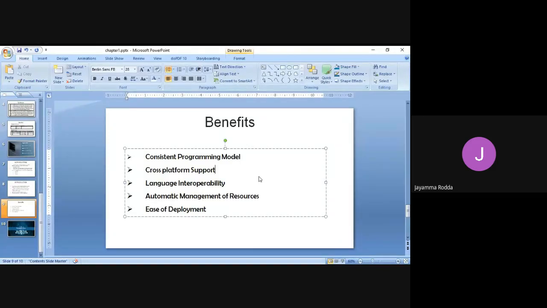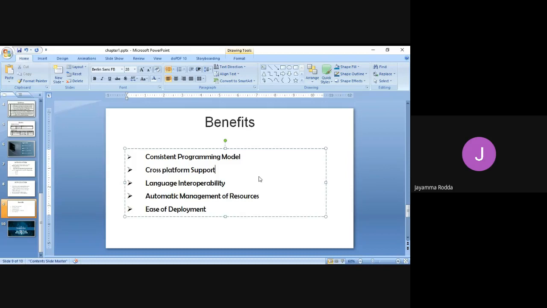Okay, cross-platform support, I'm sorry, is nothing but different operating systems can be supported by the .NET programming languages. Okay, next one is language interoperability, which means that, as I said, different languages can be integrated.